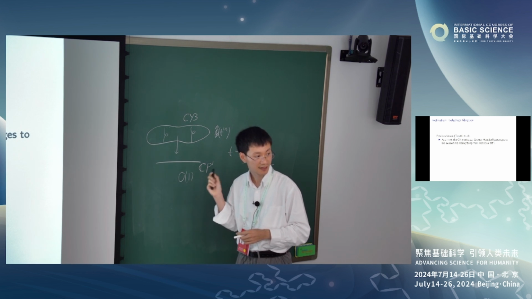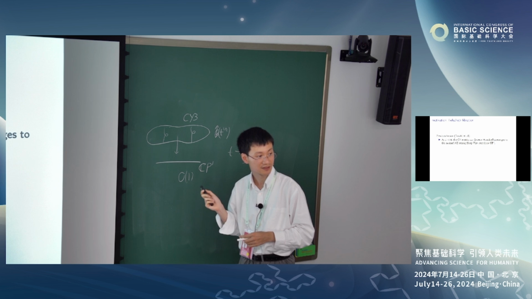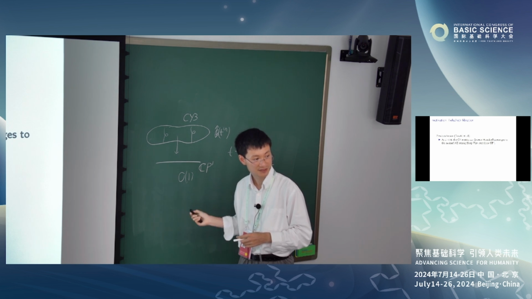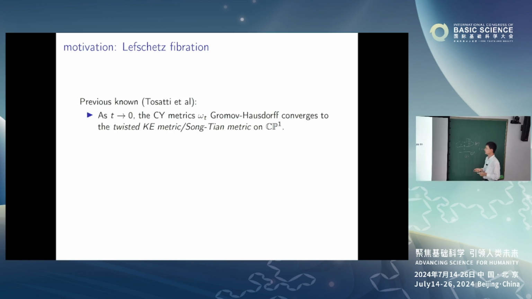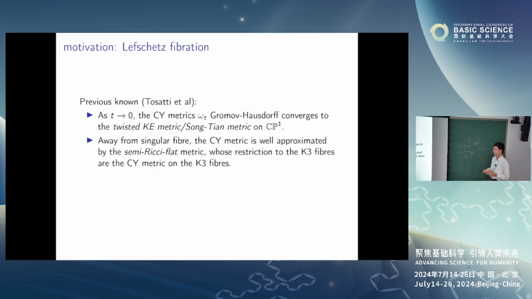The total space is a Calabi-Yau threefold. The fibers are K3 surfaces, which are complex two-dimensional. The base is complex one-dimensional, it's CP1. So as t goes to 0, the global Gromov-Hausdorff limit is CP1 with some singular Kähler-Einstein metric, the so-called twisted Kähler-Einstein or Song-Tian metric. And away from the singular fibers, the Calabi-Yau metric is well approximated by something called a semi-flat metric, semi-Ricci-flat, which means its restriction to the fibers